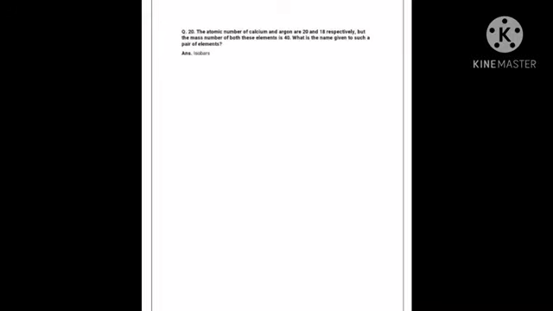Question number 13. In an atom of element X, 6 electrons are present in the outermost shell. All right. Means how many valence electrons? 6. If it acquires noble gas electronic configuration by accepting the required number of electrons, then what will be the charge on the ion so formed? See, how many electrons are in the valence shell? 6. Right. So it will gain 2 electrons to complete its octet.